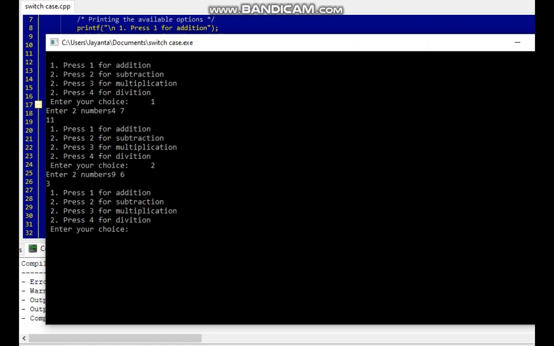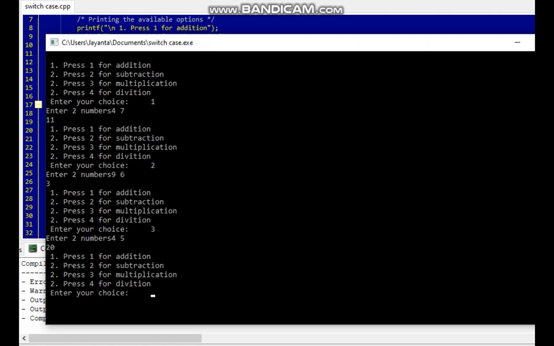The result of subtraction of 9 and 6 is 3. After that I am giving the choice 3. Enter two numbers, and I am giving the numbers 4 and 5. After multiplication, the result is 4 multiplied by 5 is 20.